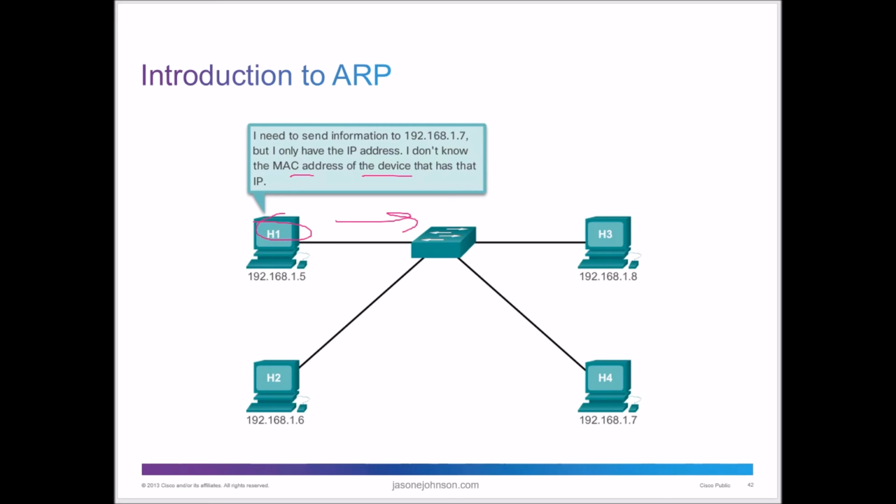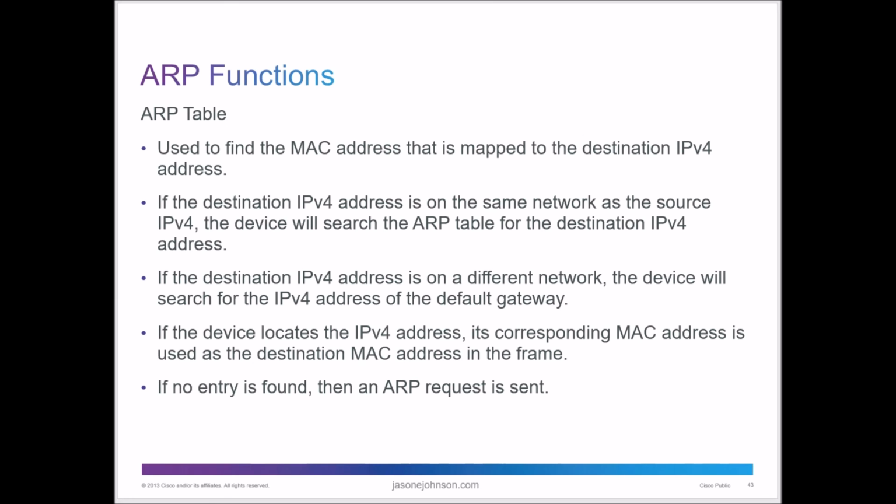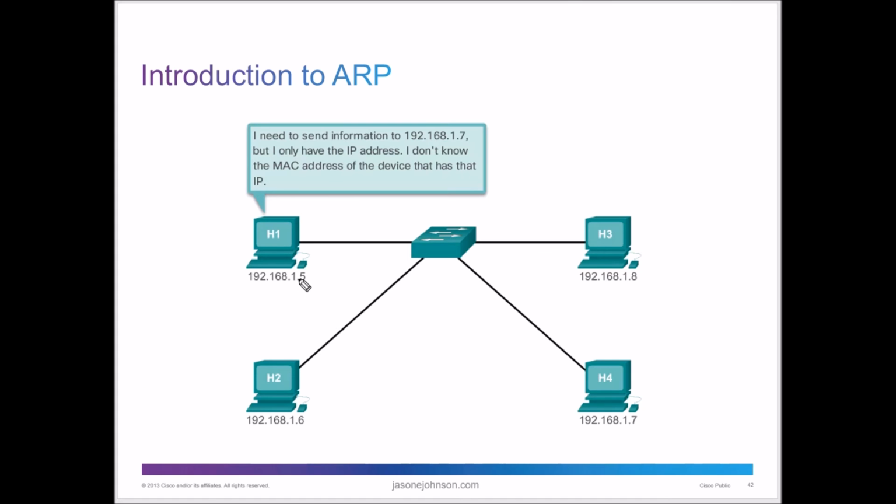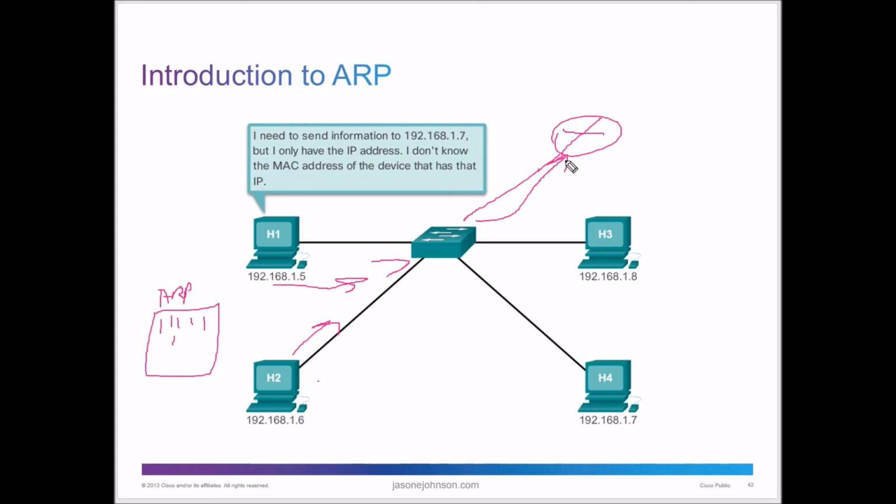So what it's going to do is send out an ARP request, and all of these are going to report back and say, oh, hey, I got your ARP request, here's my ARP information. I'm going to build an ARP table. So you have that ARP table built, and each one of those tables is going to have that information listed for those devices that it can see on the network. If it gets to a router, there's an ARP table on the inside of the router. Let's say that's a router there, and it's going to see the ARP information for that router, and it can send it there based on the ARP information or the ARP request.